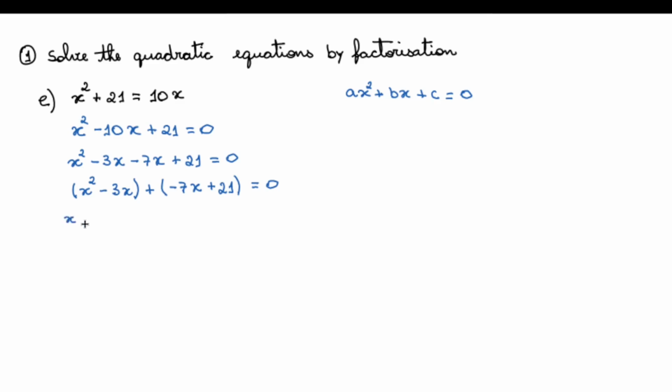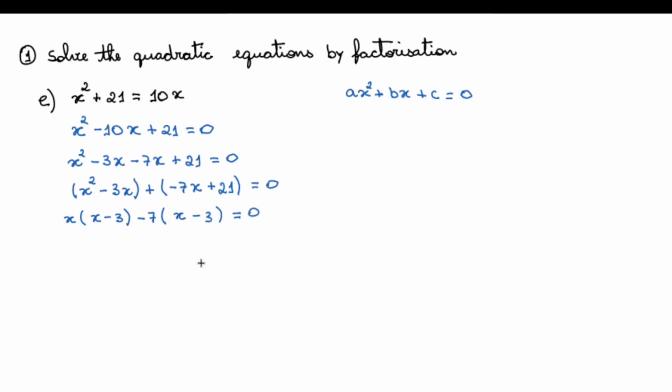In this first pair, the common factor is x, and then we have x times x minus 3. And in the second pair, the greatest common factor will be minus 7, and we have x minus 3